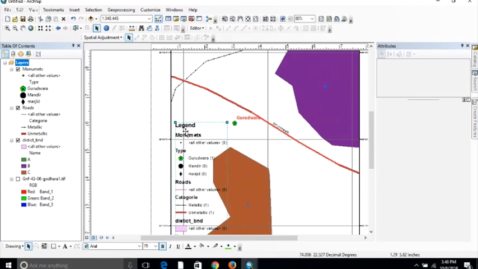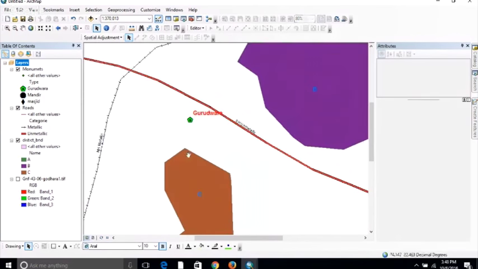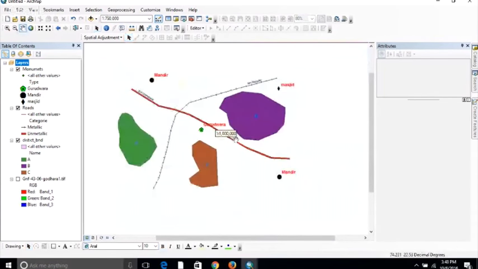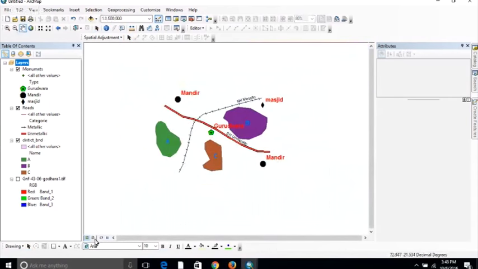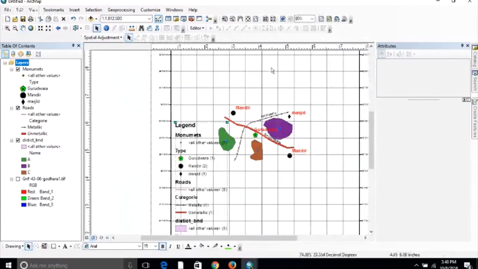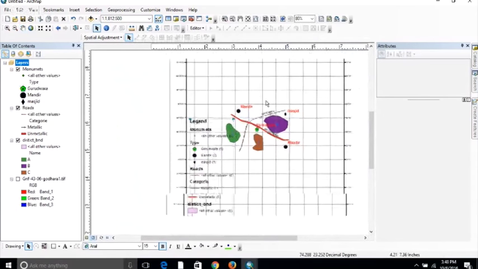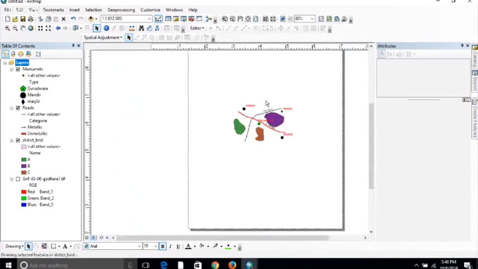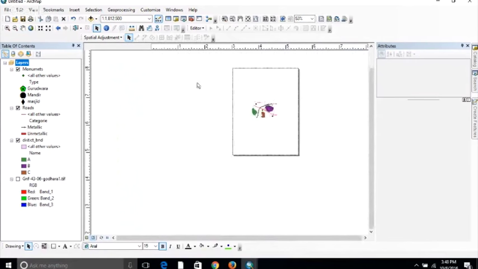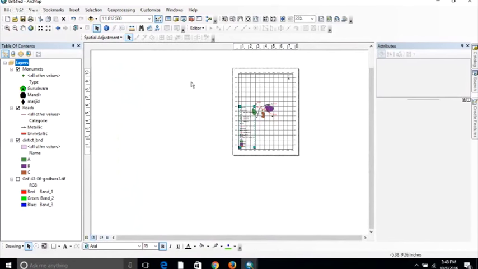Fine. Last one, not the least. If I fit it, if I go to the layout window, fit in my map, and if somebody asks me to create a PDF of this map, and that PDF should be password protected, it should be geo enabled, geo referenced PDF,